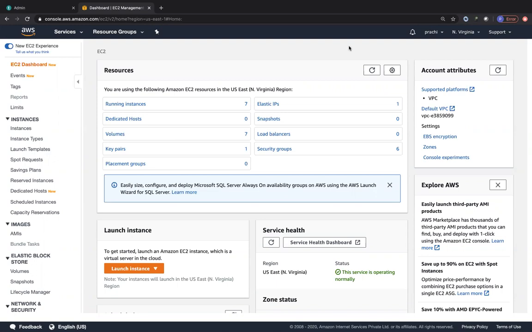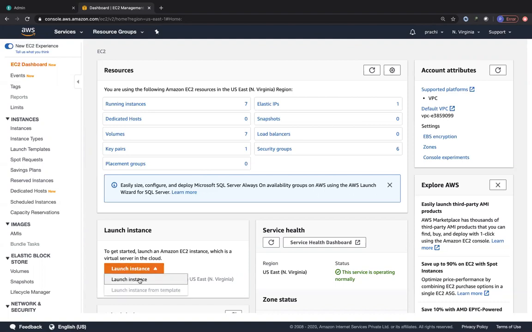So let's get started by creating a CentOS virtual machine, and then let's go ahead and install Docker onto it, enable Docker, and start Docker, and then we will verify it with certain commands. It's going to be a pretty short lab, so I'm just going to breeze through it pretty quickly. Let's get started with creating an instance.